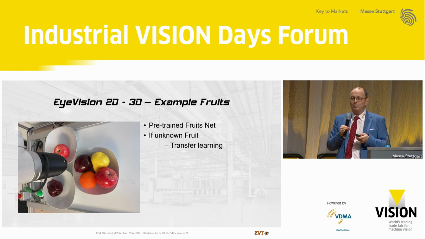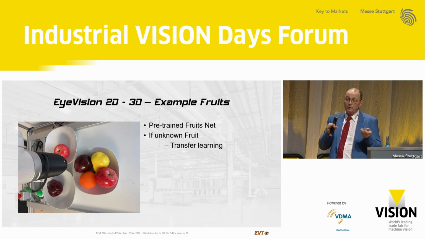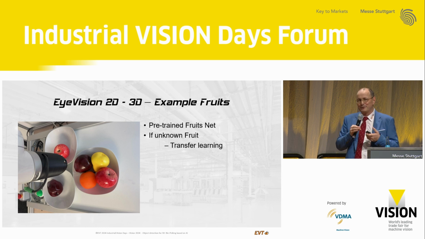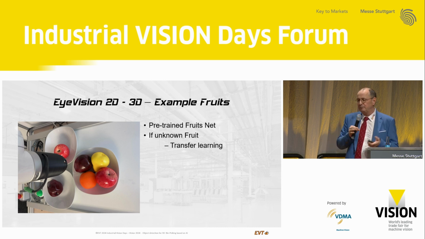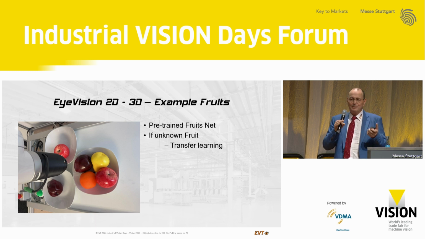Another nice example, which we have here on the show, is to recognize fruits. Of course, we have a fruit network, and it works with all kinds of fruits to grab them. But we all know there are so many fruits, we cannot train all fruits. That means if you grow maybe tomatoes or whatever, of course, tomato we have in the network, but if you grow anything which we don't have, you simply take a few fruits of them,